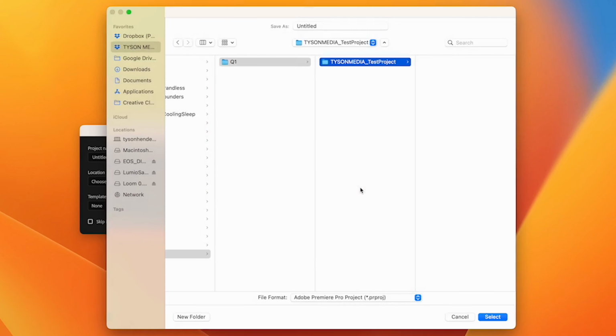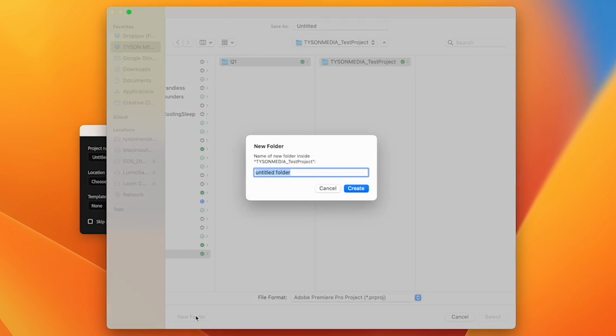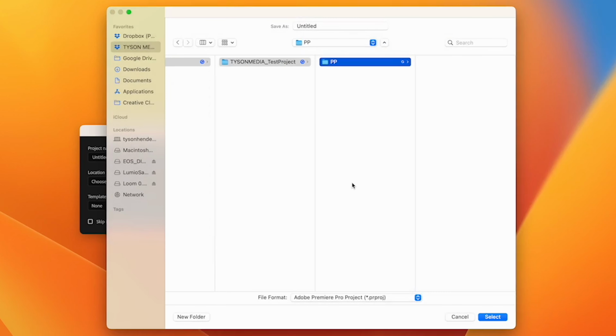Okay, so then inside that is where you're going to name the project. So inside this is where your assets for your project are going to live. And we always create a PP, which is Premiere Pro. And that's where our project file will live. So we will call this Tyson Media underscore test project, select,